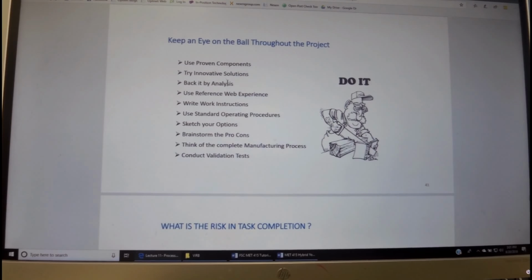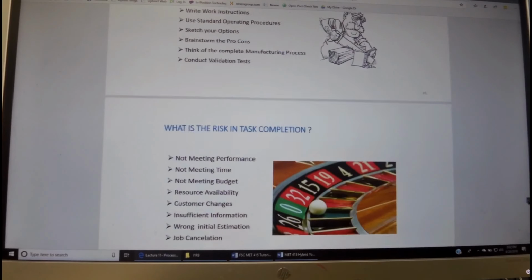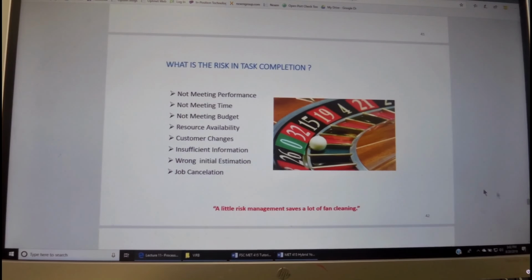Back it up by system analysis to reduce the risk. Use reference web experience. Write work instructions. Use standard operating procedures. Sketch the options. Brainstorm pros and cons. Think of the complete manufacturing process, and always conduct validation tests in a concurrent engineering process to assure that you are heading in the right direction.